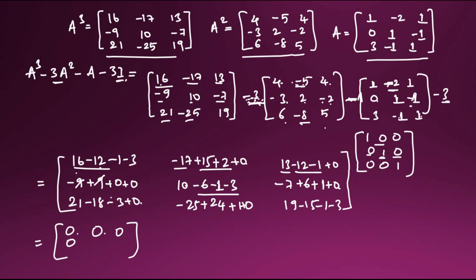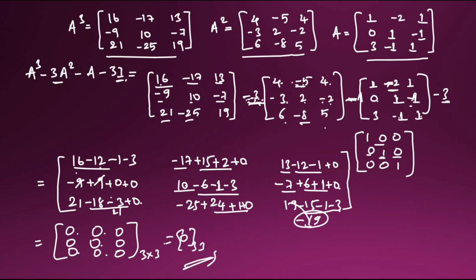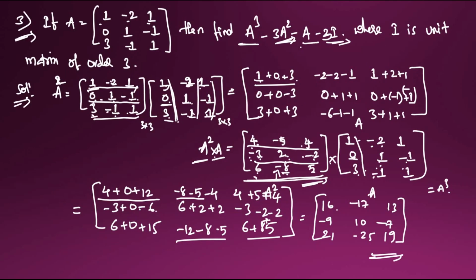Here total this is 10 minus 10, this is plus 10, 0, and here this is 7 minus 7, 0. Here minus 21 plus 21, 0 will come here. This 25 plus minus 25, 0 will come here, and minus 15 minus 1 16, minus 19 and plus 19 will become 0 here. So total 3 by 3 value is 0 here. So this is the null set of 3 by 3. Okay? So this is the end of this third question. So very long question. Okay, now moving to the next question.